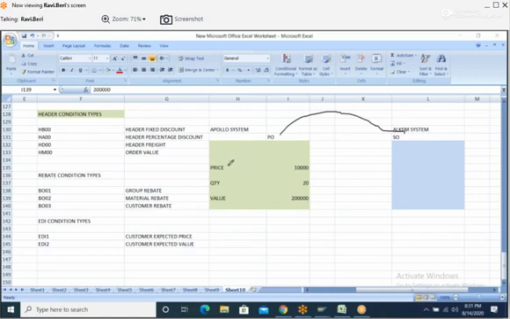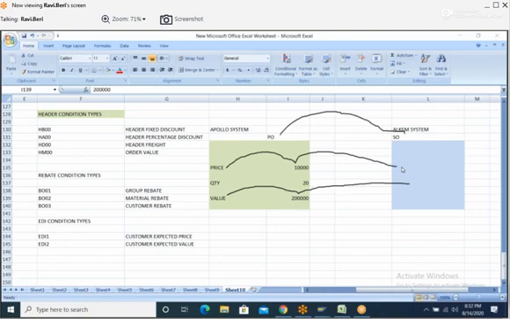Now, this price 10,000 will be copied into SO in EDI 1 condition type, and this value, which is 2 lakhs, will be converted into sales order in EDI 2 condition type, like that.